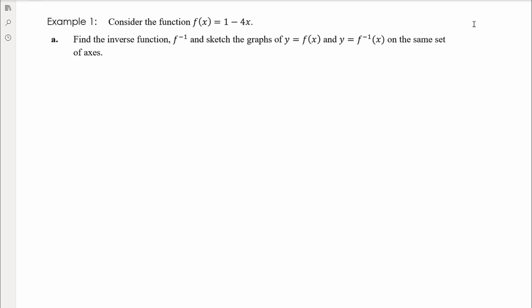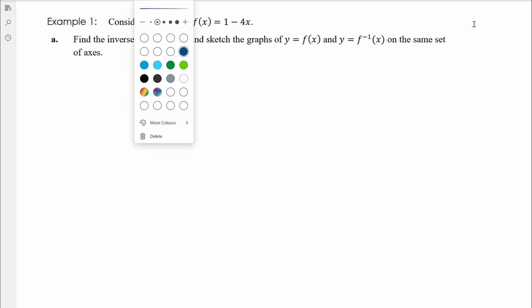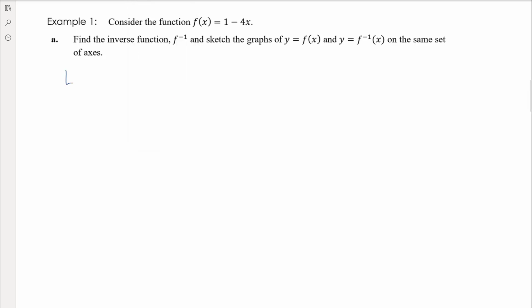Okay, so let me reduce the thickness of my pen again. Okay, so we're going to let y equal 1 minus 4x, and then we are going to swap x